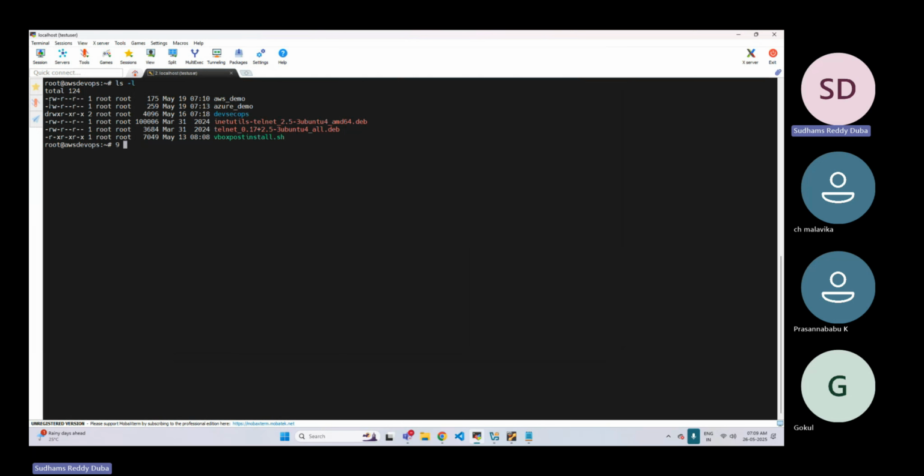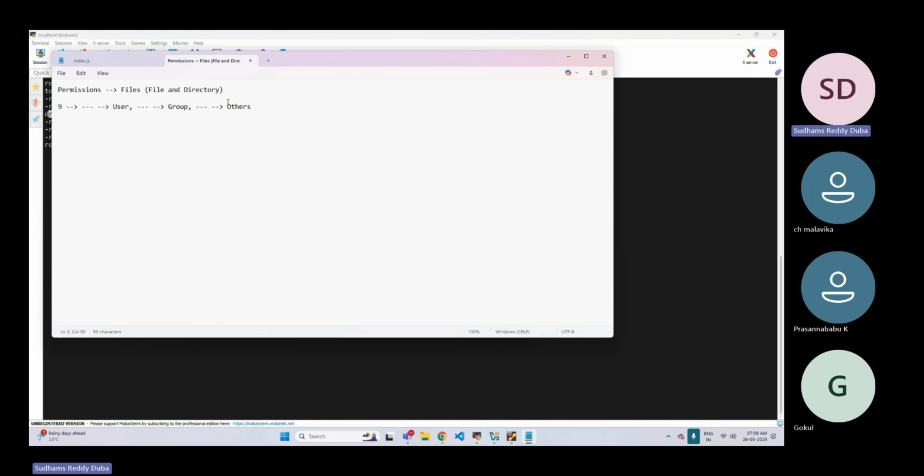Now here we have certain kind of permissions. You see not only hyphen, you will see something like RWX. You can see here RWX. There are only 3 permission types. I'll write here permission types. So we have RWX.